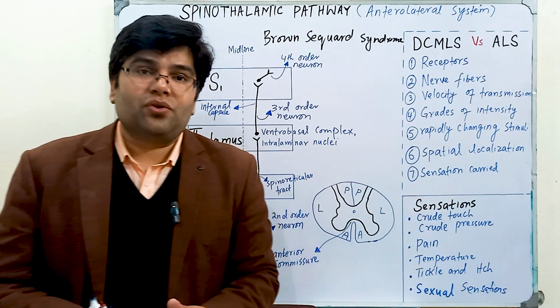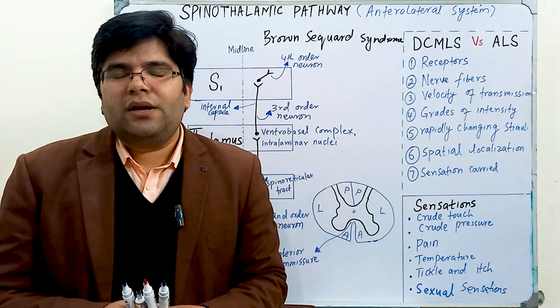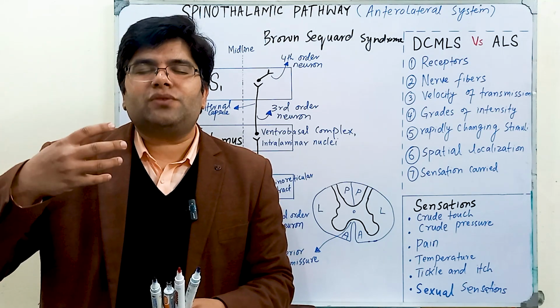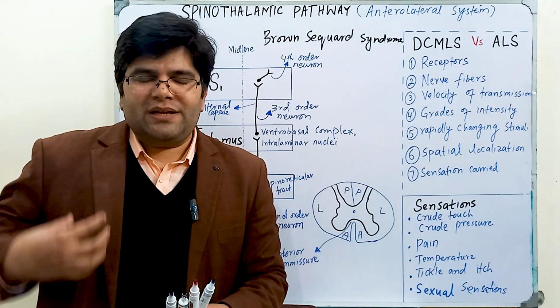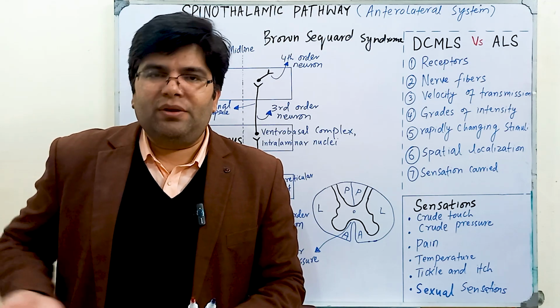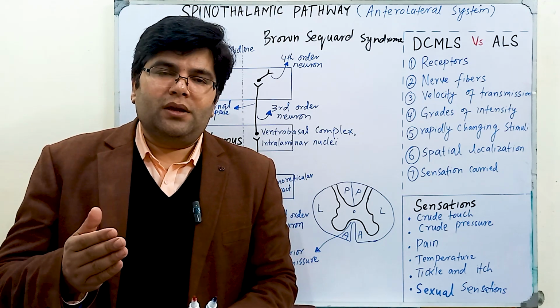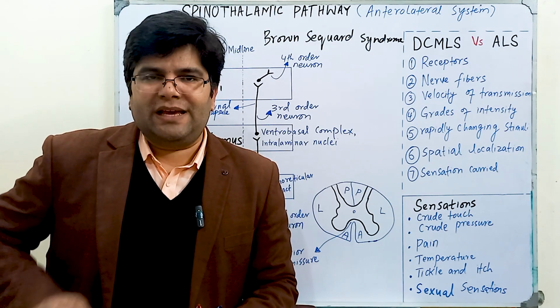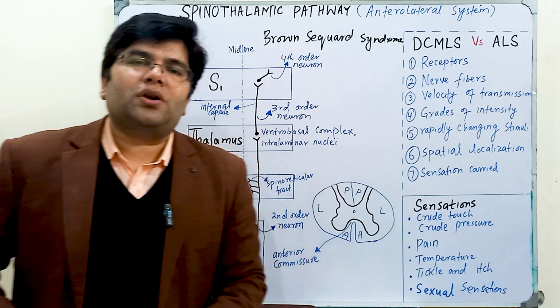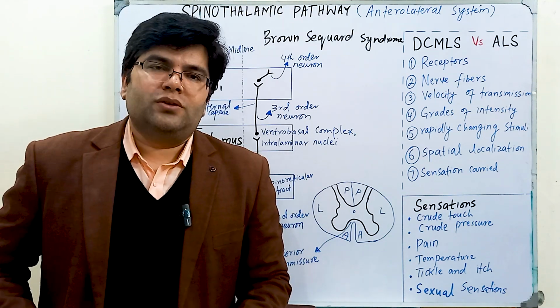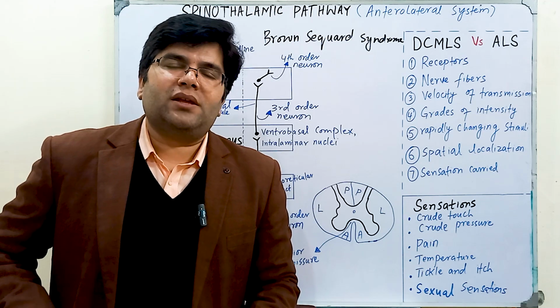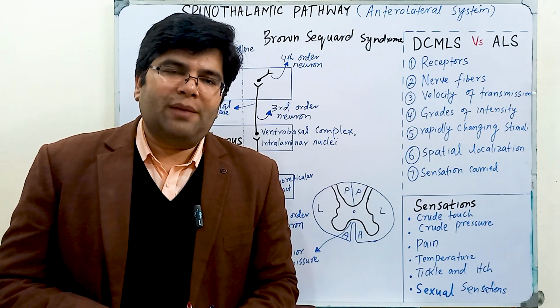In Brown-Sequard syndrome, there are also motor deficits. The corticospinal tract, which we still have to study, when passing through the spinal cord and damaged, causes loss of motor signals on the same side of the body, because the corticospinal tracts have already crossed. So because of damage to those corticospinal tracts, there will be an upper motor neuron type of lesion on the